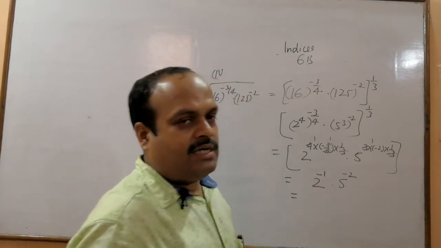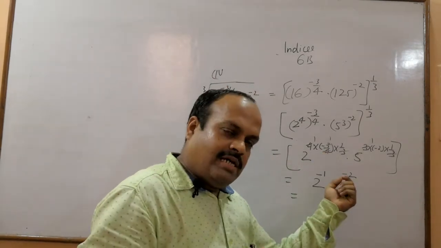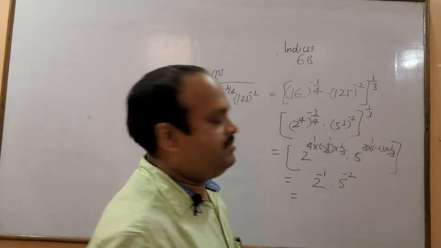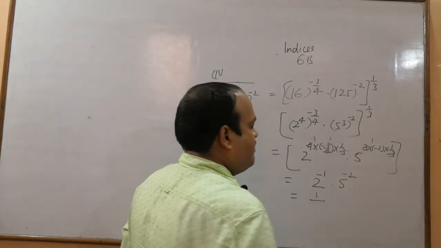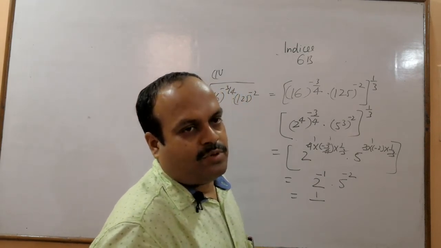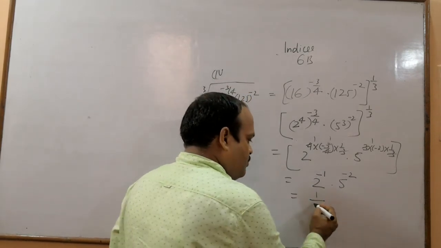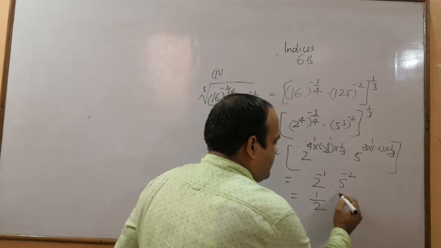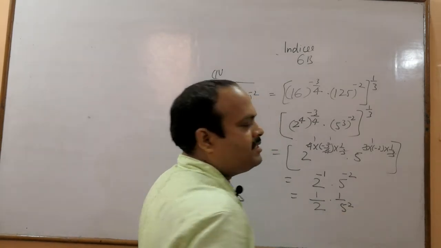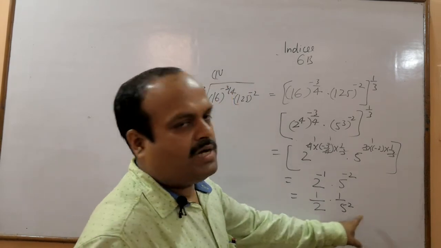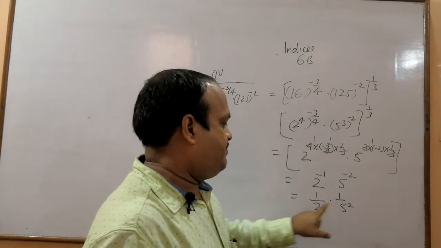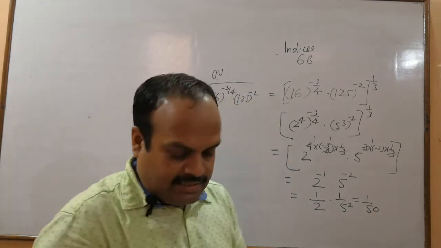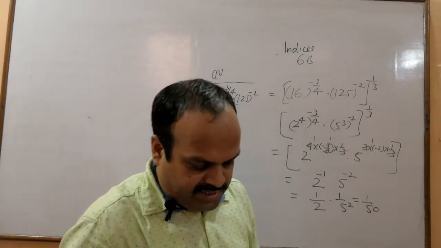As you know that the power of an exponential number, if negative, can be made positive. So to make the power positive, get the reciprocal of the base, 1 by 2. Get the reciprocal of the base, 1 by 5 with the power 2. So 5 square is 25, 25 to ja 50. So here we get the answer as 1 upon 50.